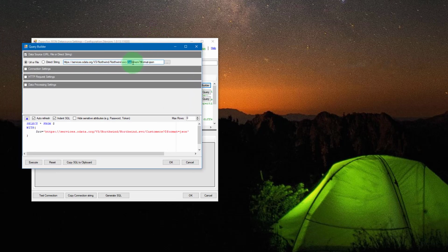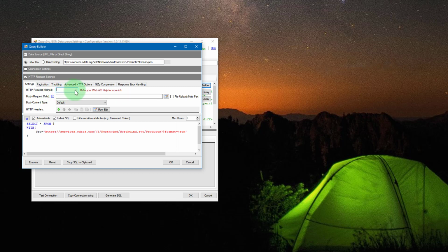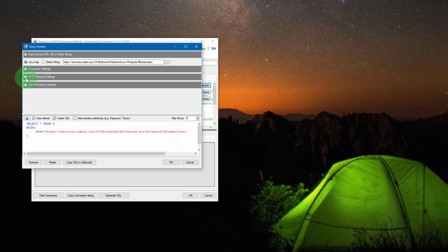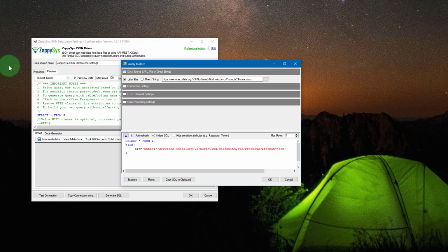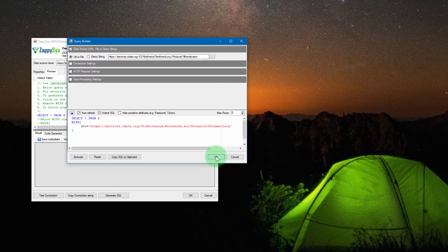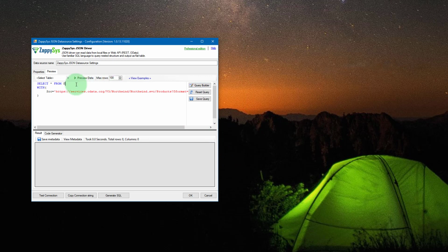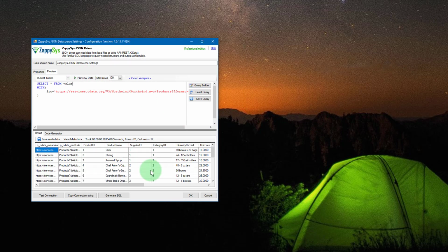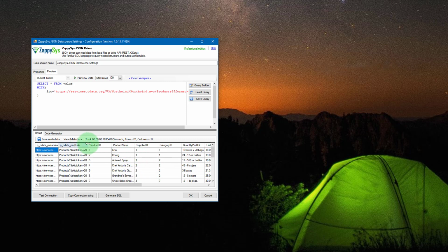And you can override many properties here. We will override URL. You can override, let's say, HTTP request method, and basically all properties you saw in the Properties tab. I'm clicking OK, replacing $sign with value to get one product per row. OK, we got the